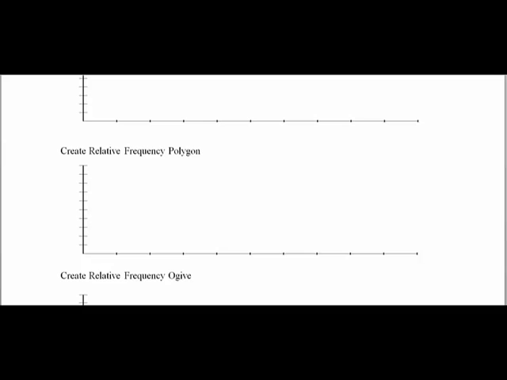So now instead of using the actual limits, I'm going to find the median of each limit. So I'm going to go 12 plus 20 divided by 2, which is 16. 20 plus 28 divided by 2, which is 24. And I'll go 28 plus 36 divided by 2, which is 32. But I'm noticing that these are all getting added by 8. So here's 40, here's 48, and here's 56. Once you get a pattern going from left to right, you can kind of then see what that is and